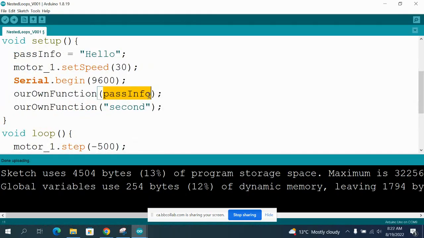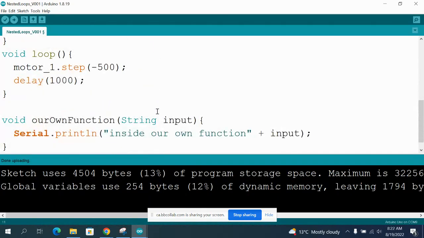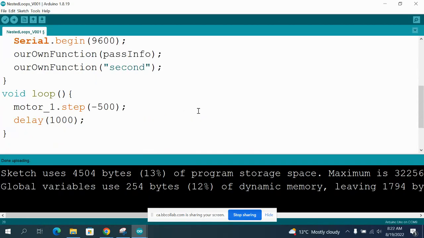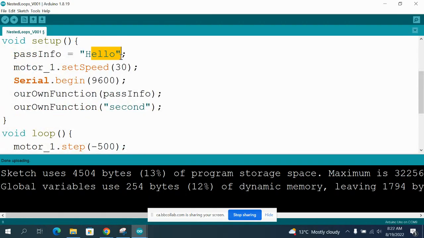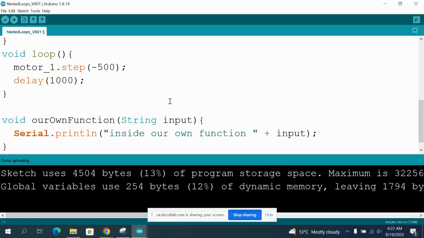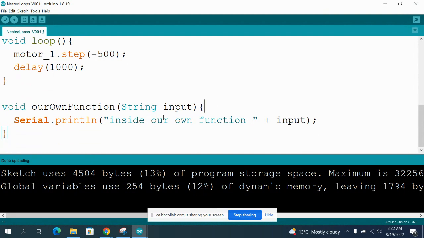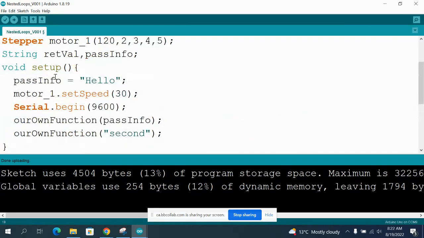If it's called over here, that information that's now hello is going to be, oh, let me just put the space over there, otherwise you're not going to see again. Okay, so the information hello has been placed into this variable. Then it's over there, and then that information is actually copied into this variable. So we've got two variables with exactly the same value. But now this variable is only available between these two brackets. If it leaves those brackets, it ceases to exist. But luckily we have a backup because this one will still be existing.